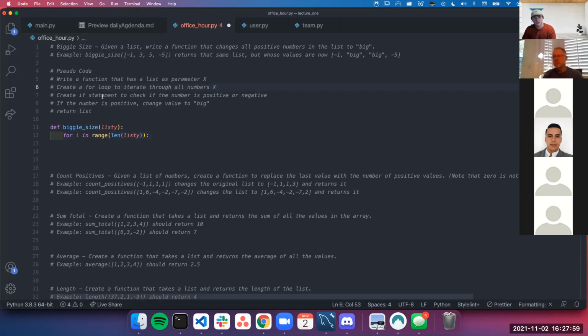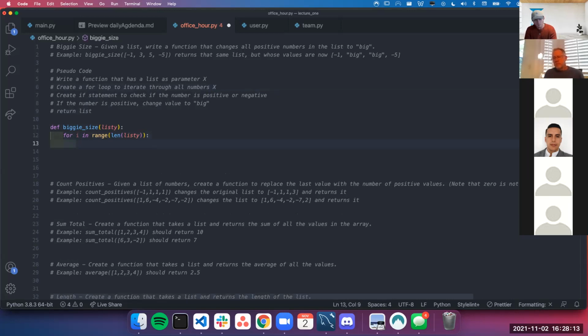Check. Now the if statement: create an if statement to check if the number is positive or negative. So then what I can say is if. Now my number, because I'm using a range, i just represents 0, and then it's going through the number of my length of my list. So if my list has 5 items, it's going to be 0 to 5, right? So i just represents that value of the number. So what I can say is if listy of i is greater than 0,